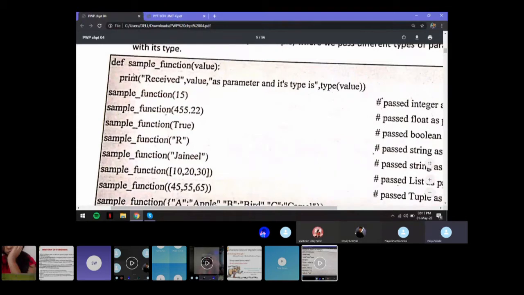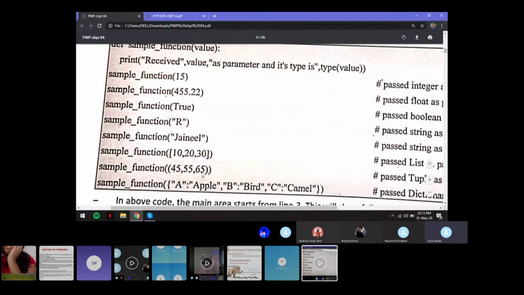Now what the function is going to do is just print the value and its type, its data type. Over here, you can see the entire list of parameters that you have. Here you have an integer number, then float, boolean, string, again a string, then a list, a tuple, and a dictionary. Whichever type of parameter you pass, it is still going to execute that function and print the value as received, then the value itself as parameter, and its data type.